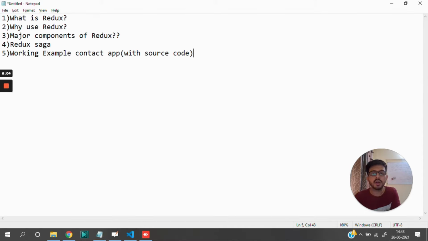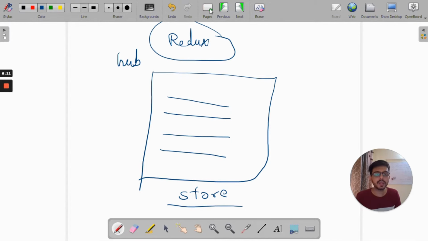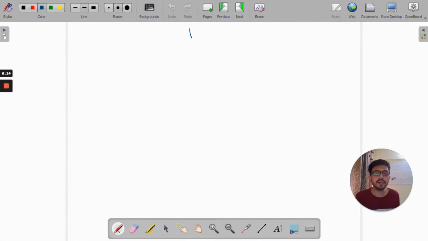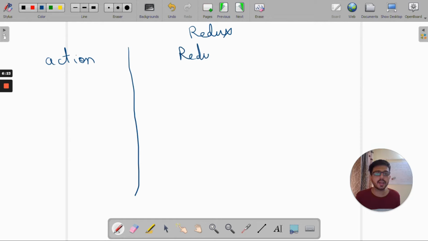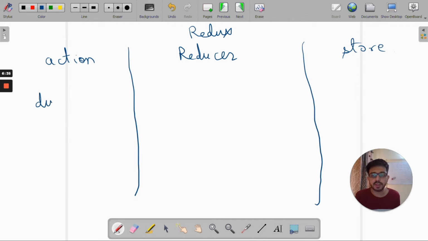Okay, so we'll understand the major components of Redux. Let's jump into that. Redux basically has three major components. First is called the action. Second is called the reducer, and the third one is called the store. Okay, so how Redux works is it dispatches an action. We can dispatch an action